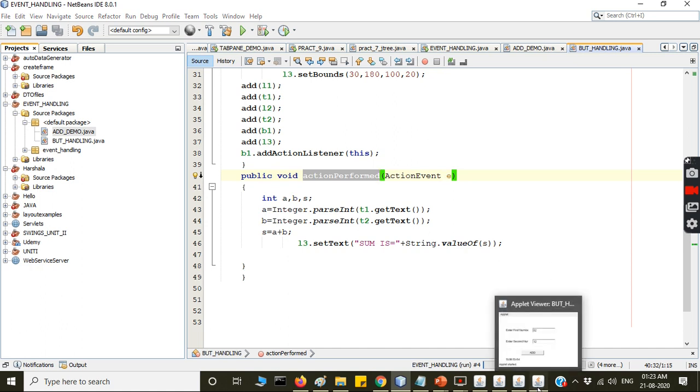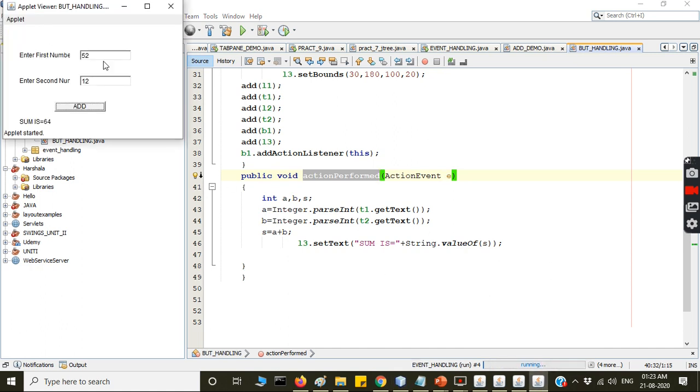Here, how to retrieve the content of this text field? What is the object of this one? Text field T1. To retrieve the content of a text field, we have the method getText. So T1 dot getText. Is it clear?